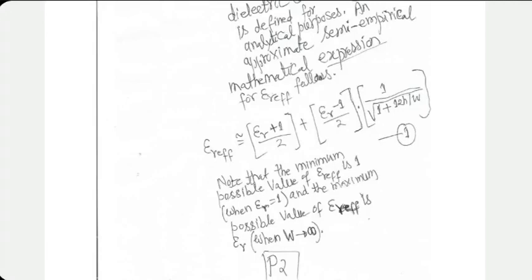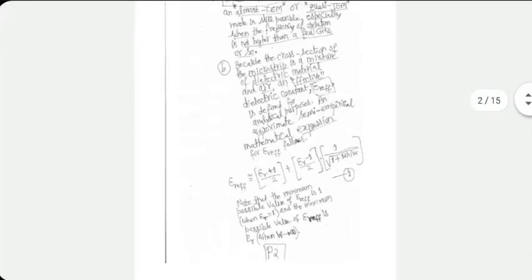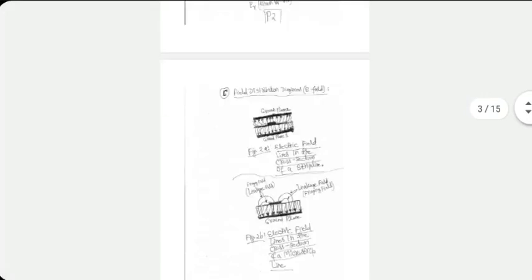However, for most practical applications, epsilon r effective will be neither 1 nor epsilon r. It would be somewhere in the middle of the two. So when you do calculations, make sure that the value for epsilon r effective that you are getting is not less than 1 and it's not more than epsilon r. That's a practical check on your calculations. Once effective dielectric constant has been defined, we'll go to the mathematics later.